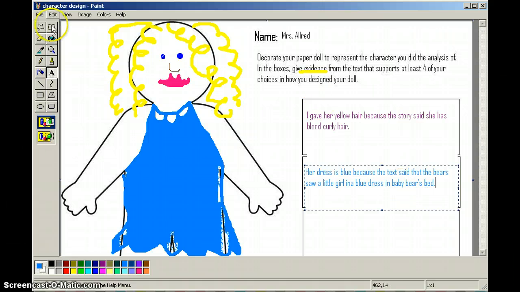Okay, so you get the idea. You're using the paint tools to color on the paper doll to make it look like that character. And then in the 4 boxes, you've got to write 4 sentences telling why you picked the things that you